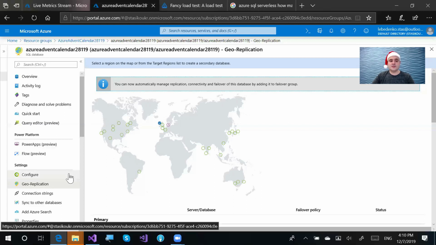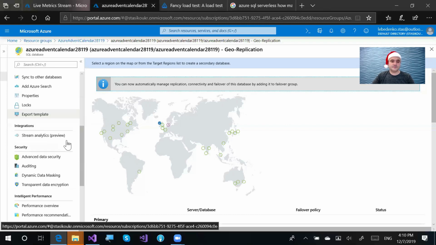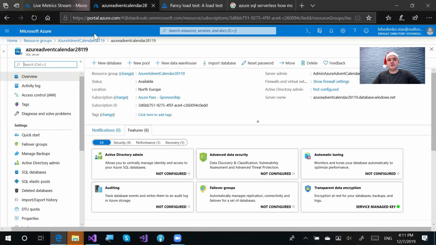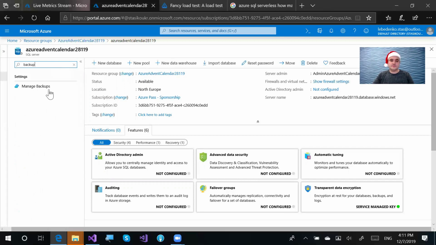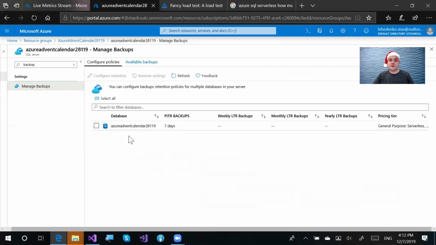The second thing is long-term retention backups. Azure SQL Server long-term retention backups are available from the backups blade of the SQL Server, not from the database. As you can see, the default configuration for point-in-time backups is now equal to 7 days. And if we select this database, we can choose a long-term retention backup policy. But you should adjust it carefully so it will be aligned with your daily work usage of the SQL Serverless